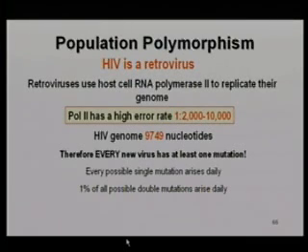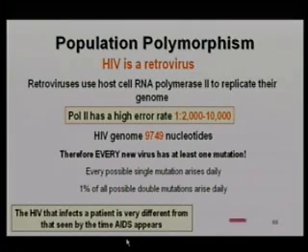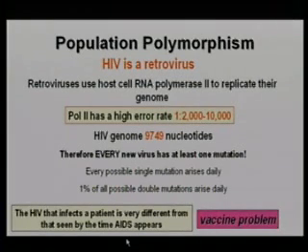Every possible mutation in that virus, with this huge production of viral particles, occurs in your patients every day. An enormous population of variant viruses as a result of being a retrovirus. And a lot of double mutations arise as well during the day. And that means that the virus that you see later on in the patient is very different from the virus that infected the patient in a number of ways. And that's a problem for developing vaccines.